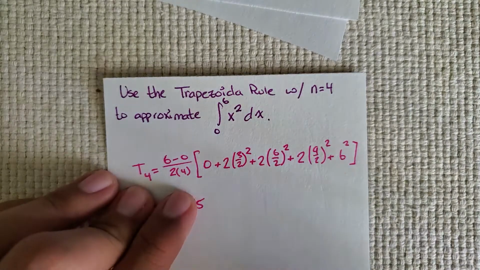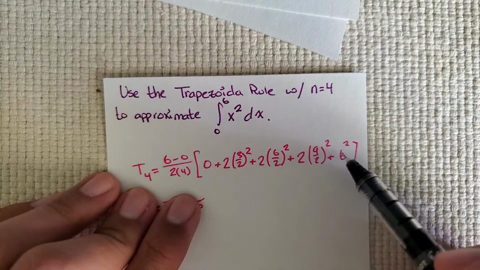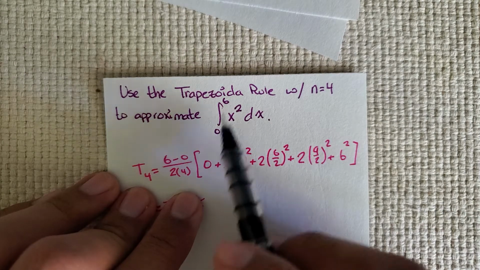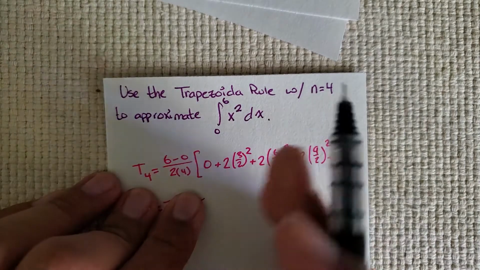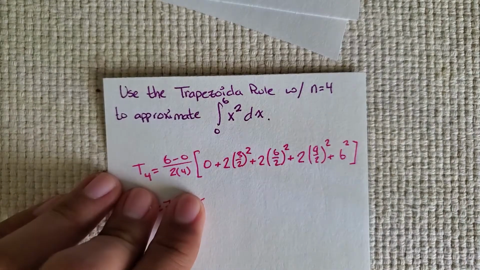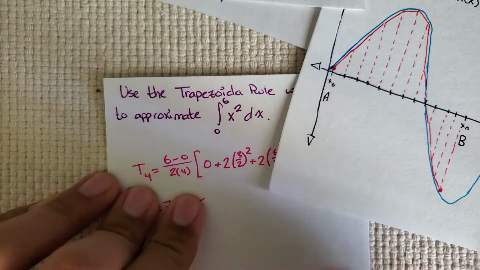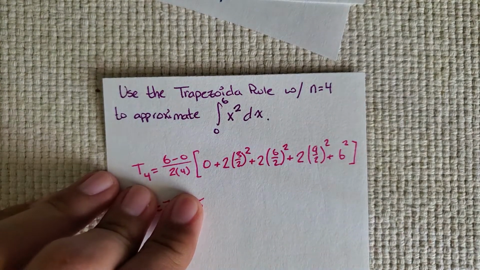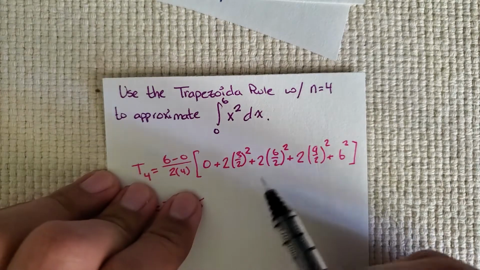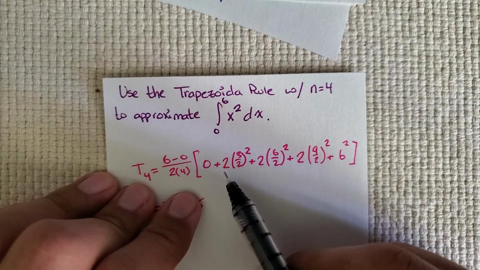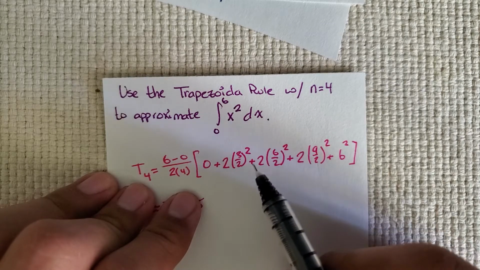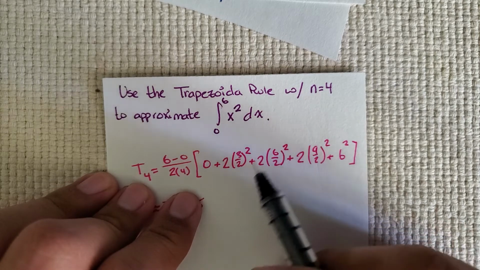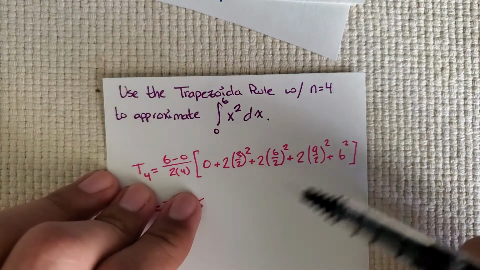Now, the more complicated part comes into this bracket right here, where we're plugging in x values, such as from 0 to 6, in evenly distributed form, like you would see in the graph that you saw before, even distribution. So if we plug in those different values and we split it up into 4 different parts, 0 to 6, we get 2 times 3 over 2 squared. As you can see in the function here, it's x squared. And then again, 2 over that next value, which happens to be 6 over 2 squared, and so on and